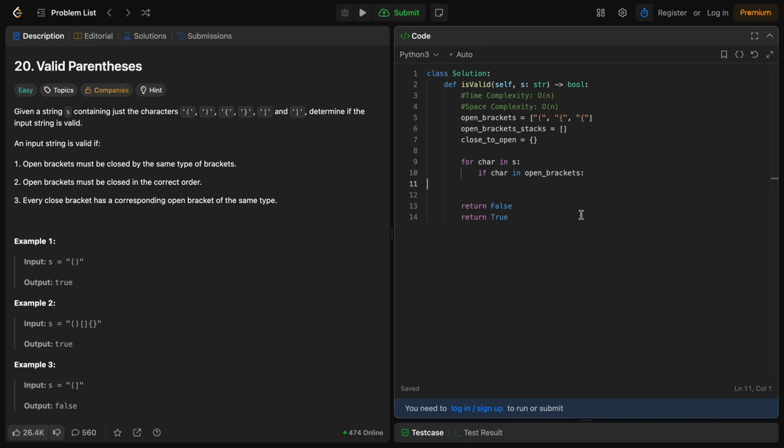And so it's just adding constant time, so it's not changing our overall time complexity. And then if char in open brackets, I want to do open brackets stack dot append char, else we want to do